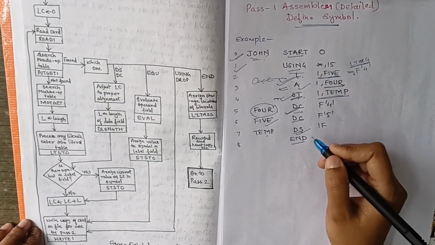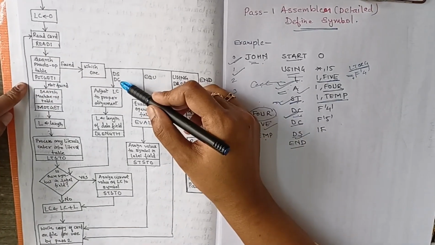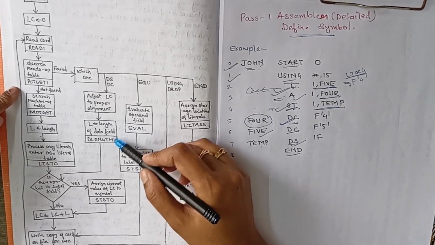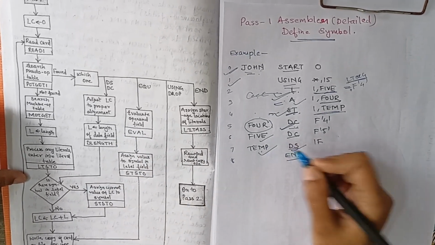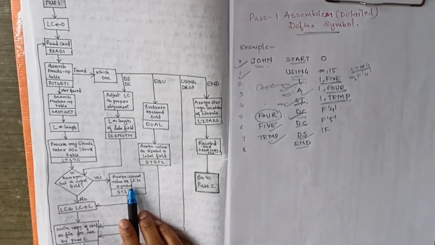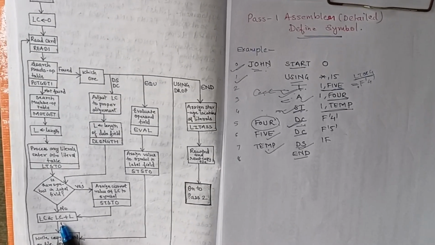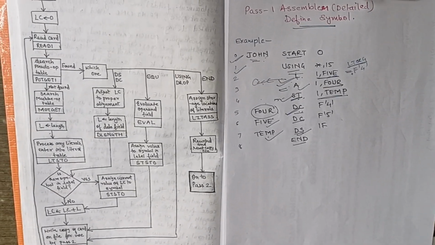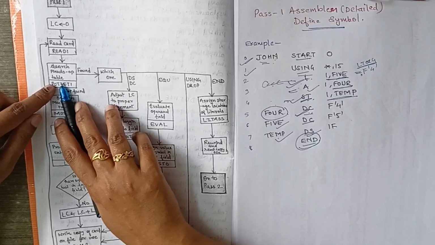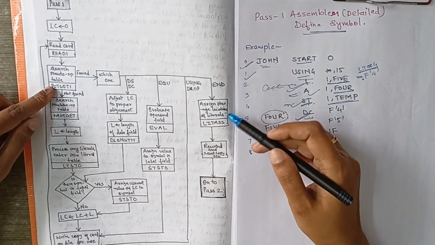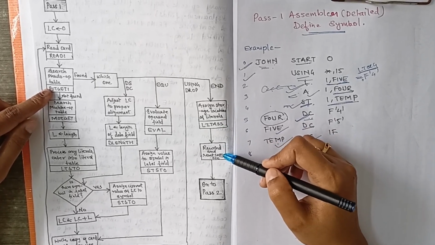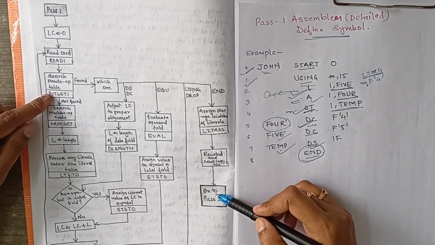At last we have the DS. DS is again a pseudo, so adjust the location counter. The length gets stored into the data field. Then the symbol gets checked. Again we have the symbol TEMP here. Then the current value of the location counter is assigned, the location counter gets incremented, and again it is punched for pass 2. Again the same process starts, and at last we have the END. END is a pseudo. Yes, which one? END. It assigns the storage location of all the literals, rewinds it and resets the copy file to pass 2 for generating the code.